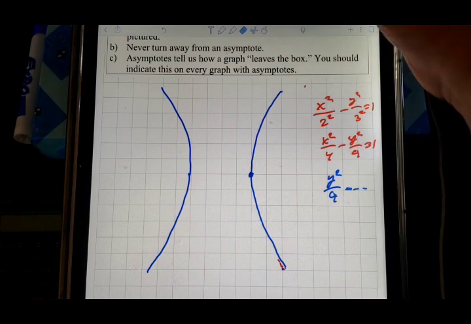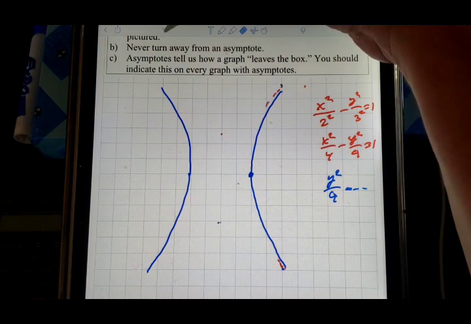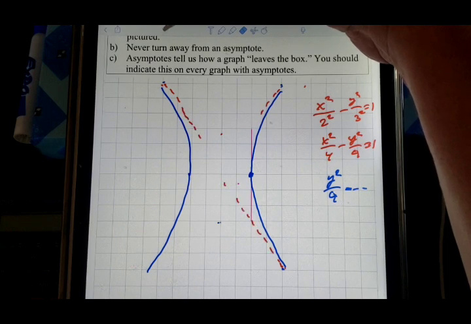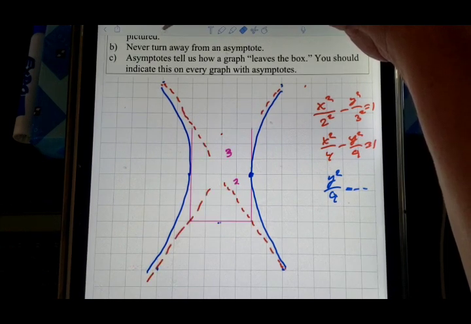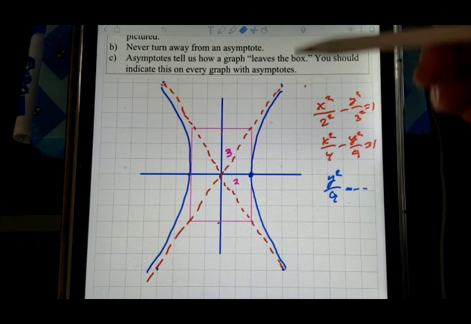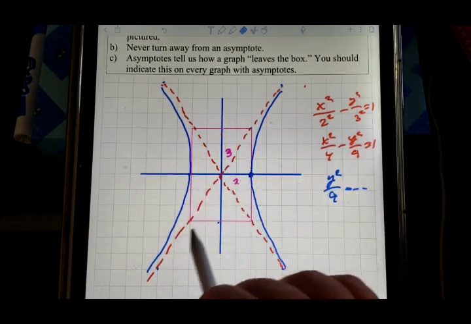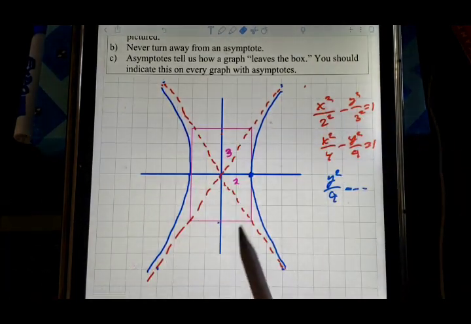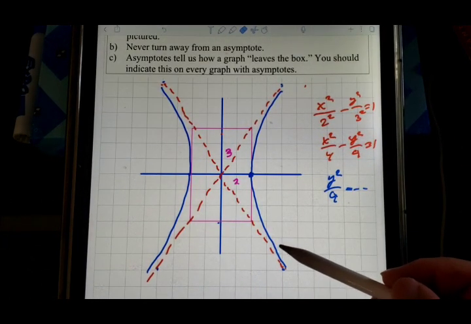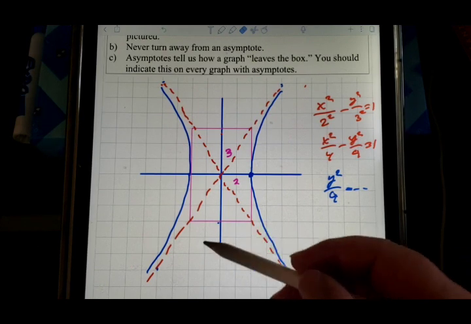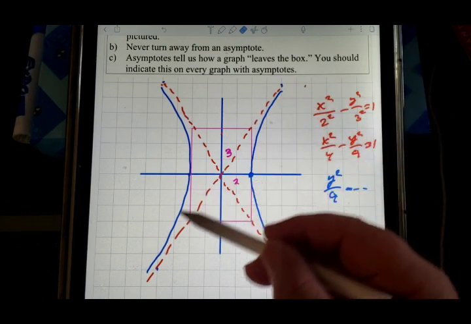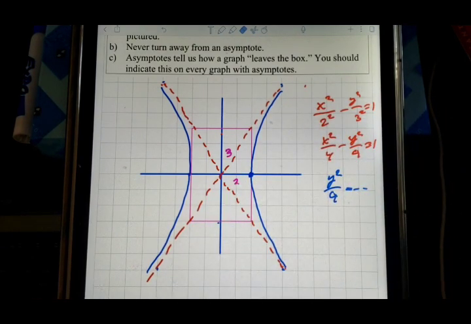Without the stuff that I got rid of, the picture is just not complete, especially to a human looking at it. So the box was nice to have, the lines are nice to have. The graph itself is the star, and that's in fact why I drew the asymptotes as dashed lines and have students do that